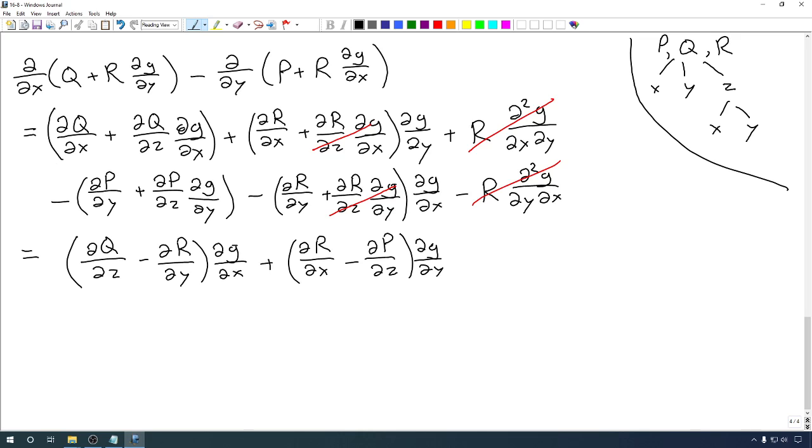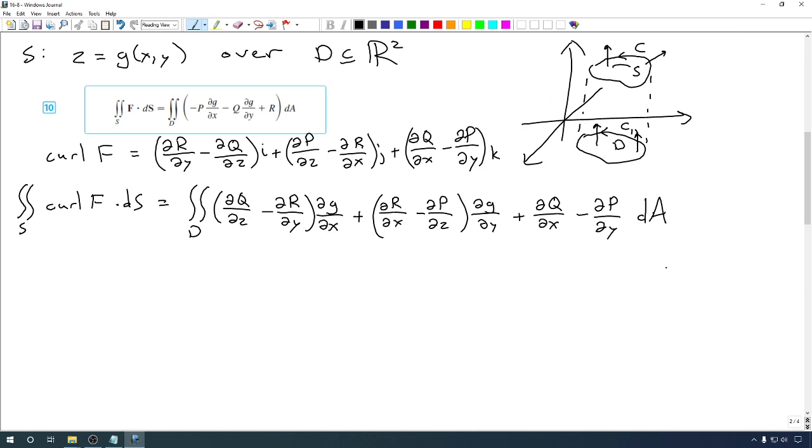Finally, we have two more terms that we haven't accounted for. We have this partial of q with respect to x, and we have a negative partial of p with respect to y. But that accounts for all 6 terms that survive the cancellations. But if we take a look at exactly what we have here, and I know there's a lot of stuff going on here, and it might be a little hard to just take it all in at a glance. But if we go back to the form that we had for our surface integral of the curl, this integrand here